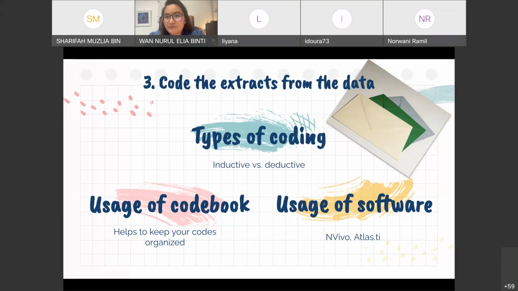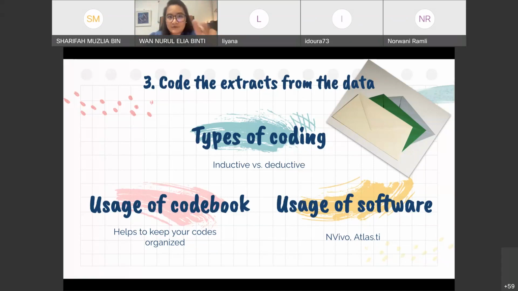All right, because it's easy. If let's say you have coded types of activities, you don't have to recall from your memory or flip through your code book. You just type activity, it will give you a whole list from what you have typed earlier. So in that sense, coding is made easier because the system remembers what you have written instead of you having to flip through a manual code book sort of a thing.